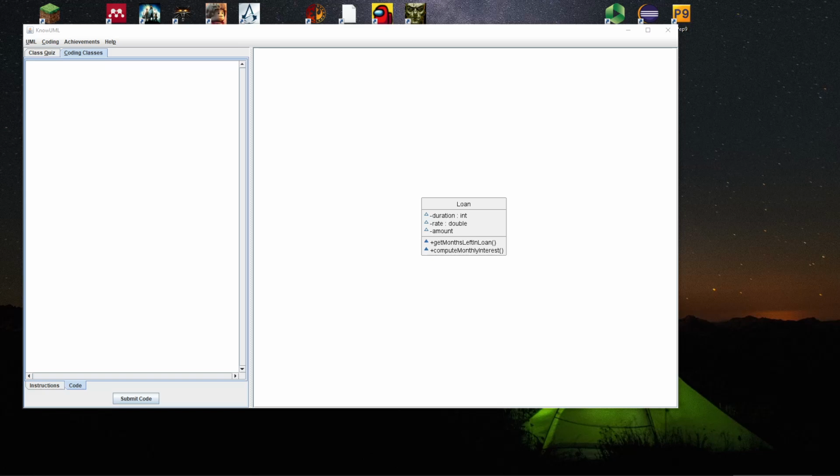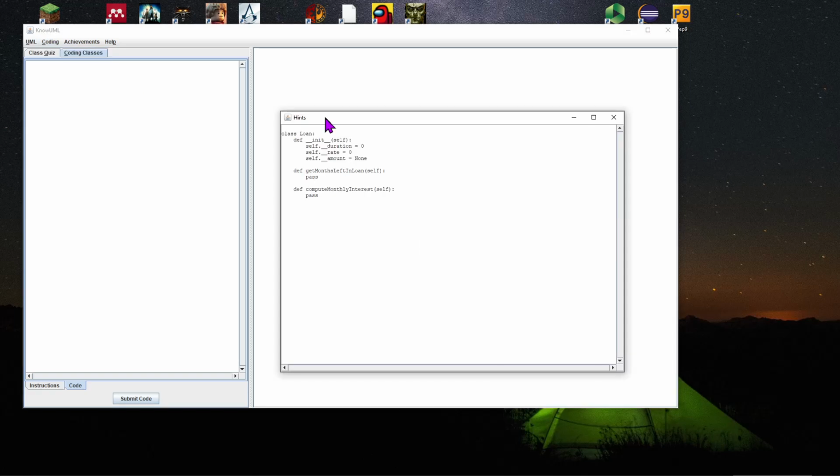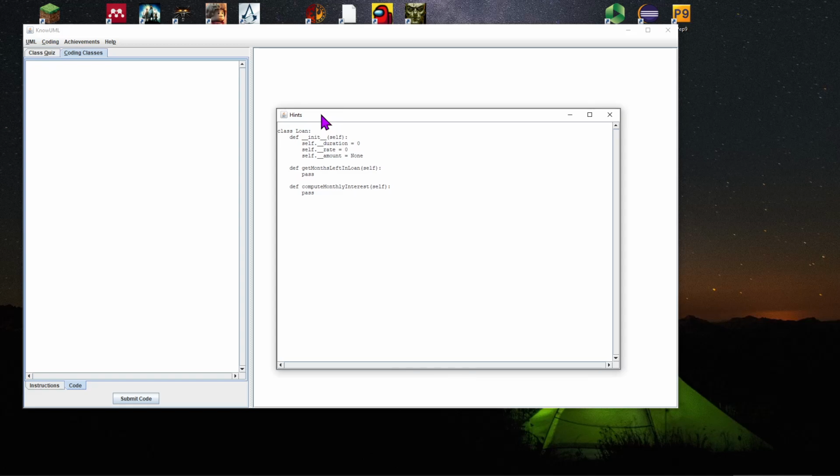This is a Python answer right here. This actually will do both Python and Java, and maybe by the time you see it, other languages as well. But note here, you can't actually copy and paste this. You do have to type it in yourself because you need to practice. You need to remember where colons go and semicolons go and curly brackets go and parentheses go and all the different things in the different languages. Python has no curly brackets or semicolons, but